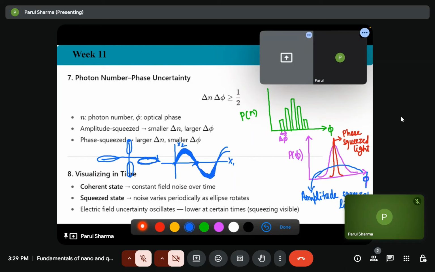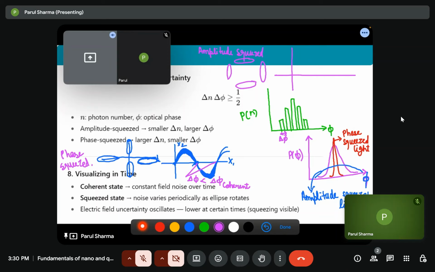If we take the projection of this one on x1 on the graph, it will